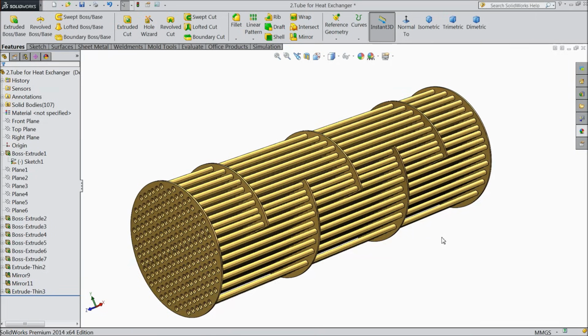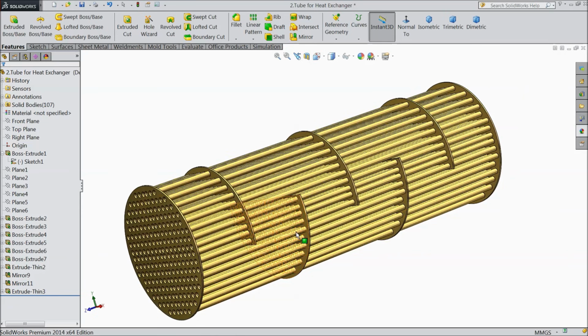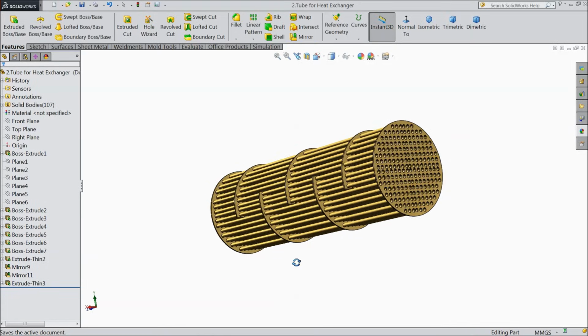Select OK. So this is the brass for our heat exchanger project. Now save as tube for heat exchanger. Let's go for the next part.